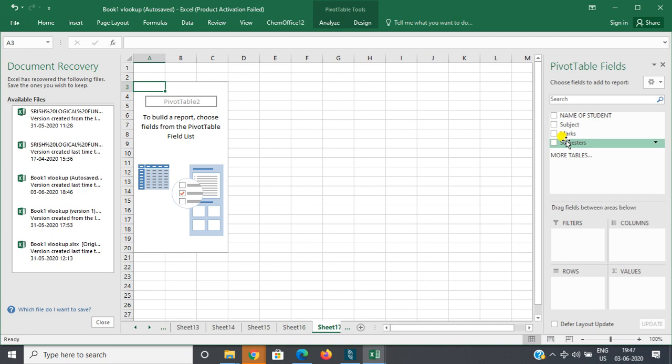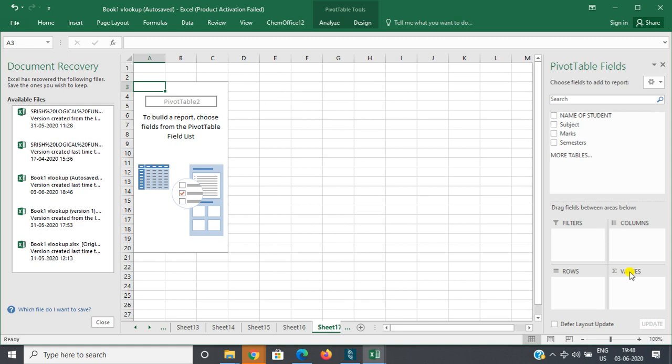Okay. Now I have to decide which fields to choose for my pivot table. So I look at the bottom half of this pane. This pane says that you can drag the fields between these four areas to create the table. The areas are report filters, column labels, row labels and values. These fields will be dropped in any of these areas for me to get the table.